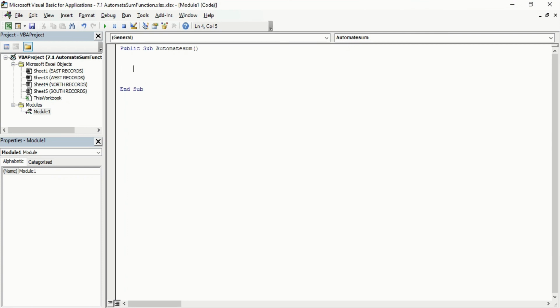We will type Range, because that is the only thing that we know, Range F2. So we will close the bracket with this and Select, which we want to do.